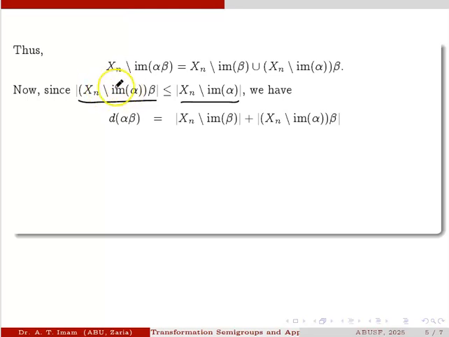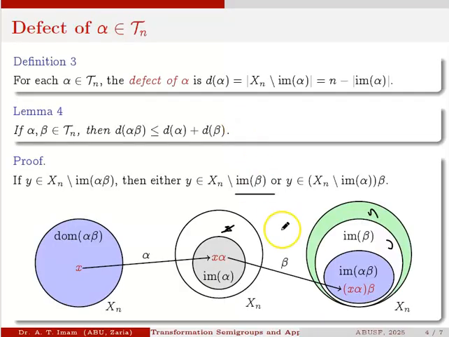This is part of the non-image points of the image of beta, so it is less than or equal to X_n minus Im alpha. We can see it from here that, if you look at the images of this set here, it's actually referring to this portion of